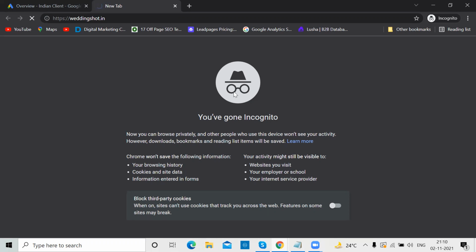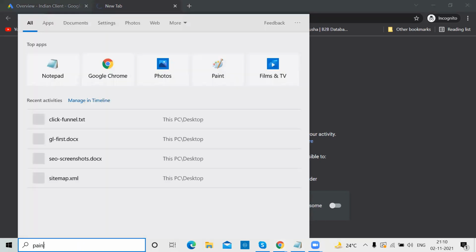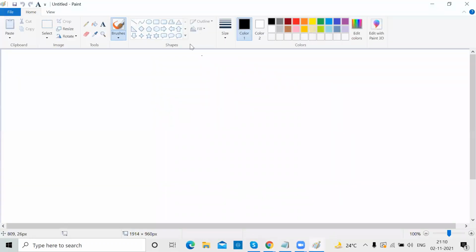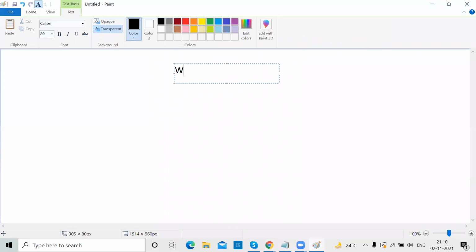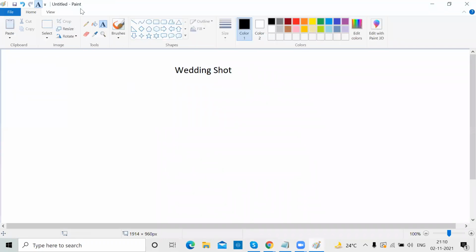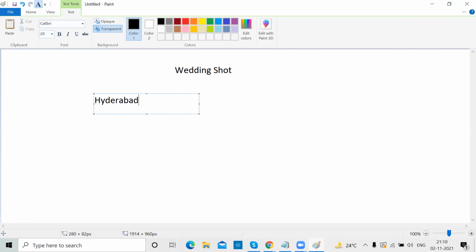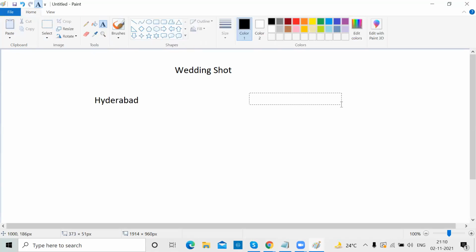How are you going to write it? Before that, I'm going to create an account structure here. For every campaign, it's mandatory to create an account structure. So the ad account name is wedding shot. And how many campaigns you want to target? I want to target both Hyderabad and Bangalore. So one is the Hyderabad campaign and one is the Bangalore campaign.